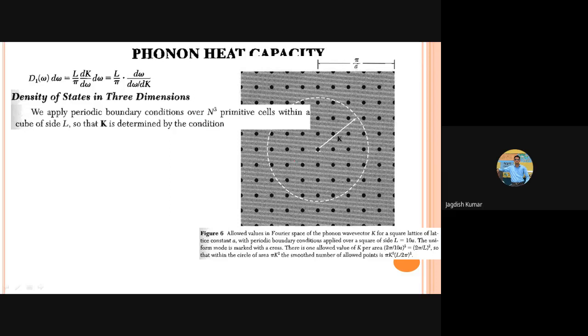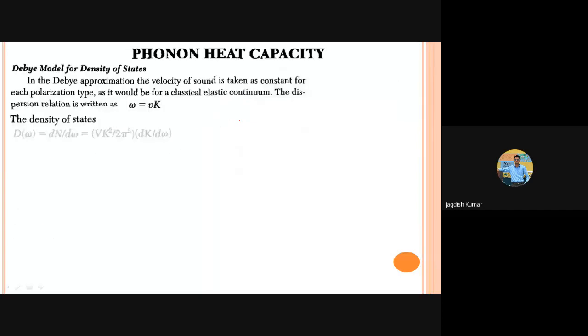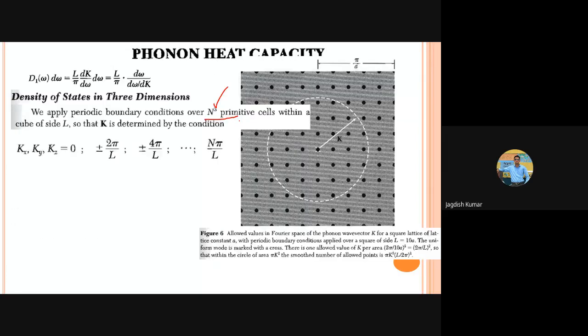Okay, fine. So, in the 3D case, the idea is similar. Basically, we apply all those periodic boundary conditions, which we can call the Born-von Karman boundary conditions, for the three-dimensional case along all the three directions. So we will have conditions like, along the x-axis, f of x plus a equals f of x, this is periodicity because of the lattice.